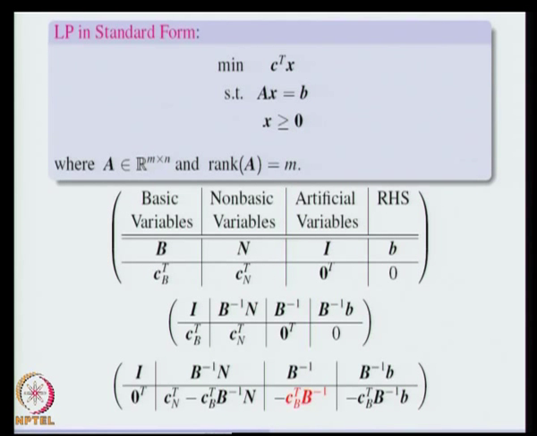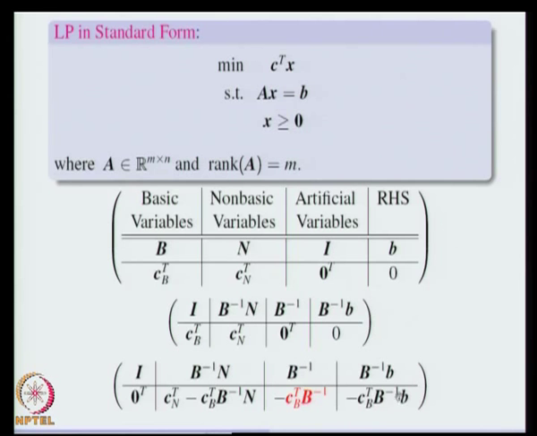So, suppose we have solved the original problem using the simplex method by introducing artificial variables, and at optimality, assuming that the optimal solution exists, Cn transpose minus Cb transpose B inverse N is greater than or equal to 0. Then this matrix gives us all the information that we need. We get B inverse b, which is the basic feasible solution XB,